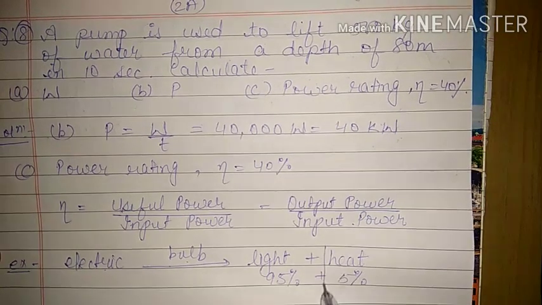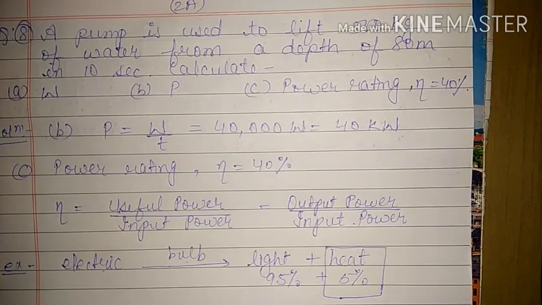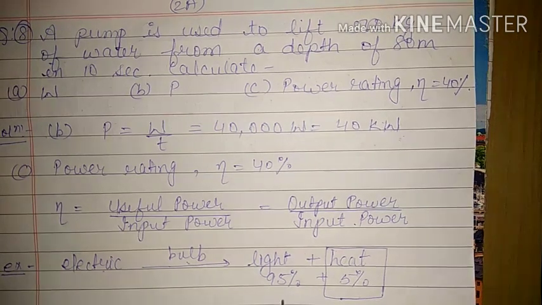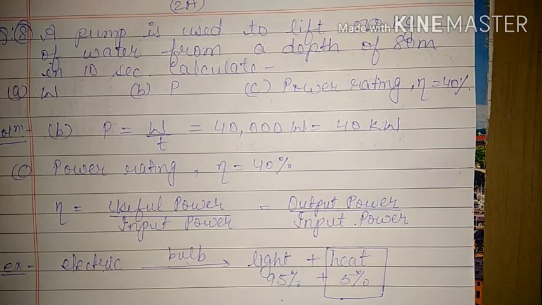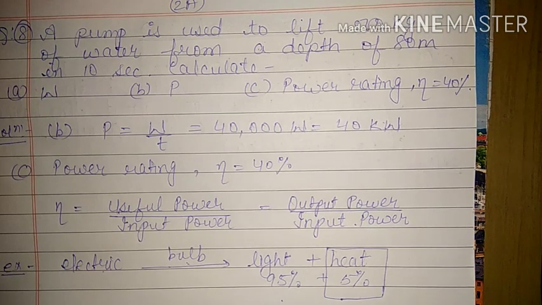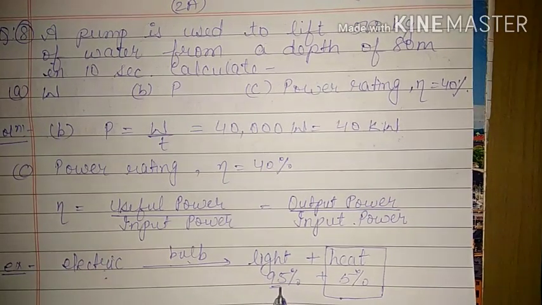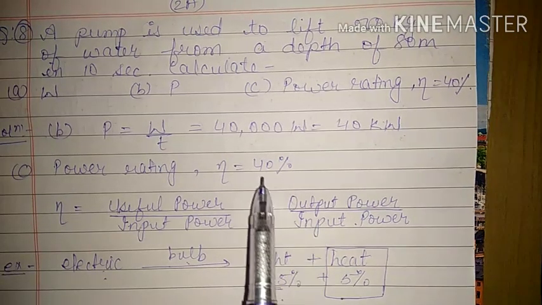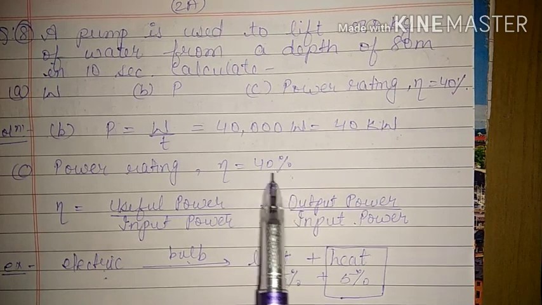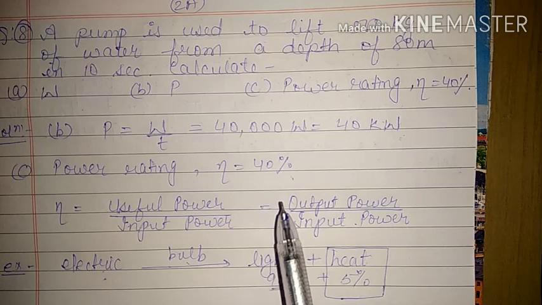And as we discussed, this is wasted for us in this case, because when we are glowing a bulb, we do not make any use of heat energy. So in this case, the efficiency of this bulb is 95%. That means it is taking 100% and giving you 95% of that, and 5% is wasted. Similarly, in the question, efficiency is 40%. That means the device is actually giving output of only 40%. 60% of energy is wasted.